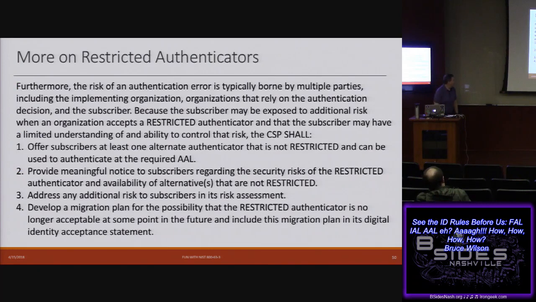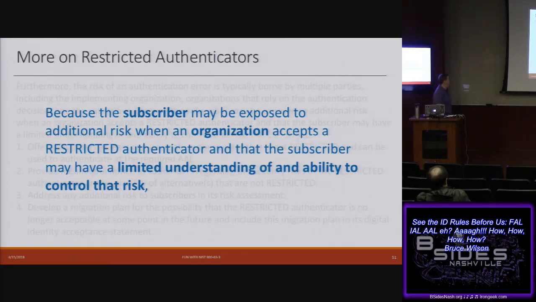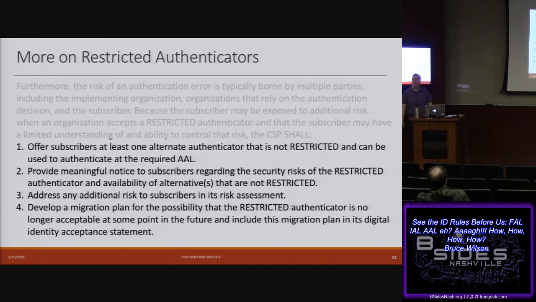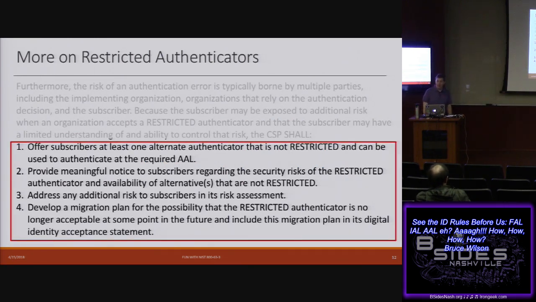This is where, again, I can have a little bit of fun with this. This is some boilerplate out of 863. I'm going to focus on that particular passage, specifically this. It's interesting language, and it's interesting to parse it. Because NIST is saying, oh, you want to use this restricted authenticator. You're putting your users at risk. And more to the fact, you're putting your users at risk in a way that they may not be able to understand that risk and that they don't have any options. That's a bad thing. And so this is where it requires them to offer some alternatives and provide meaningful notice of what that risk looks like.